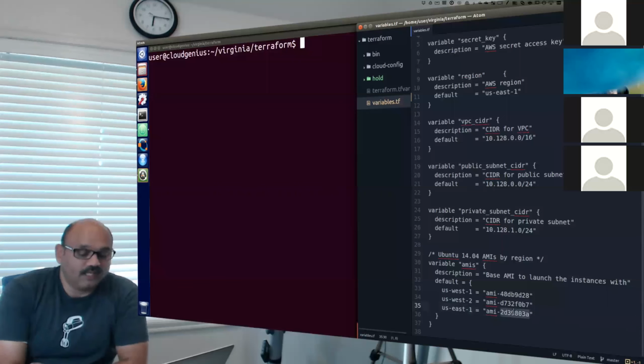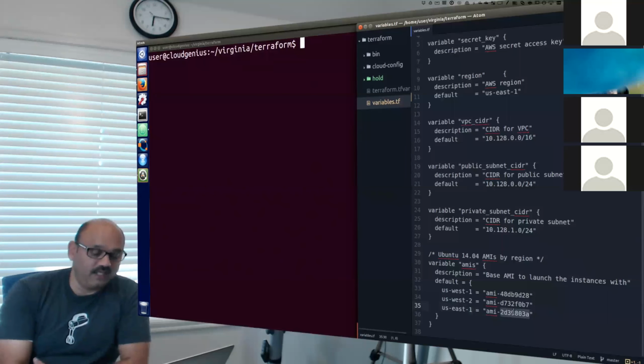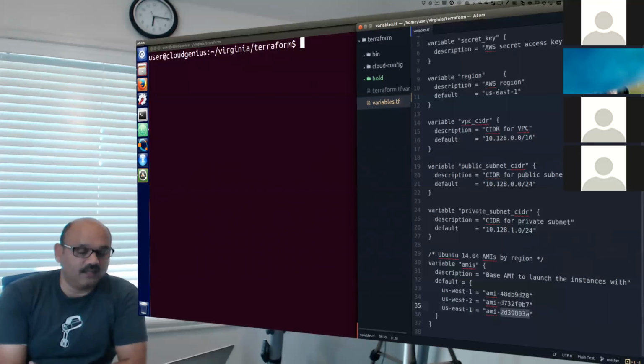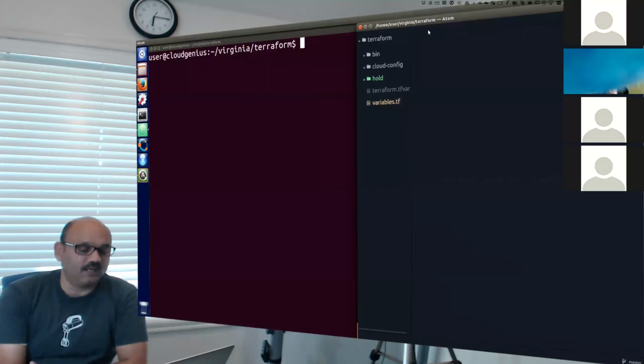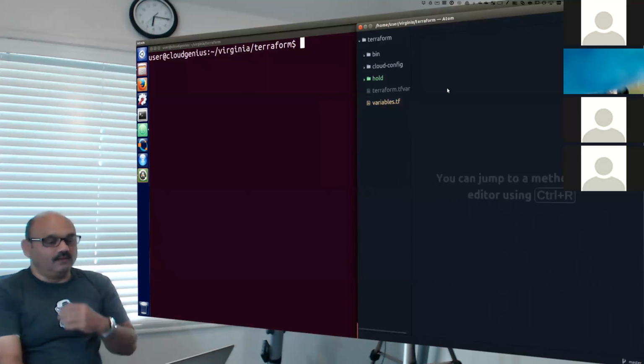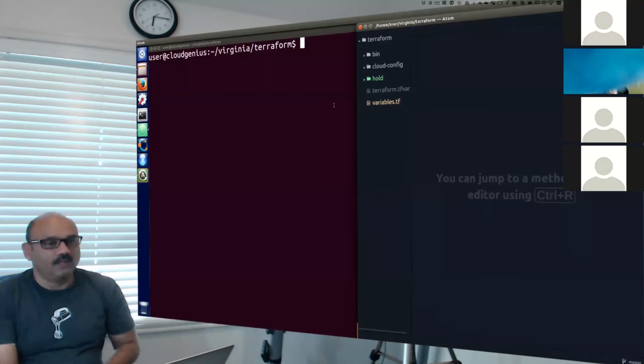And you can select the AMI ID to match your region. And that's how you select the region you choose in line number 11. The appropriate AMI ID has to match that region. And that's the tricky part in this particular file. Having said that, I'm going to close this file and now just see what Terraform will do when I run it.